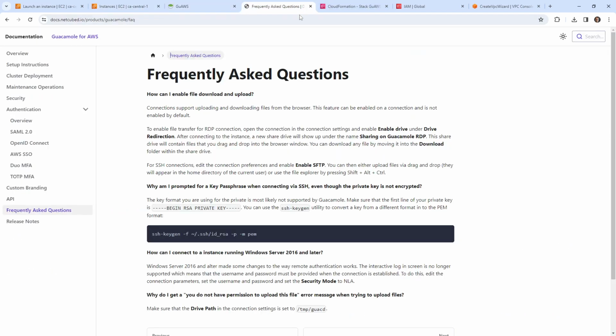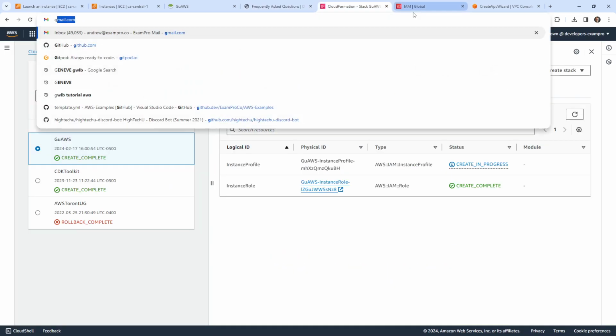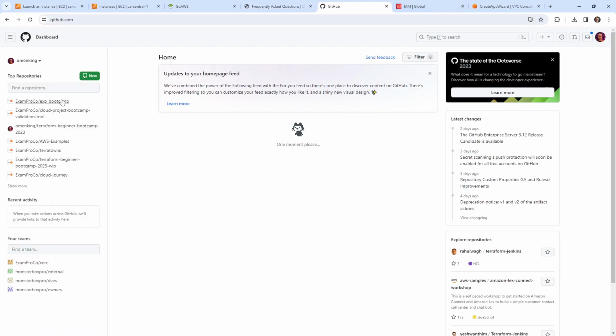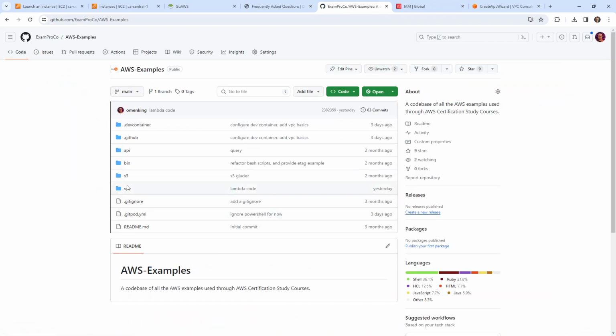What I'm going to do is go over to our GitHub page. I'm just going to launch up an EC2 instance, the other one. I just want to see if Guacamole can at least see it. But I would still think, wouldn't it need a key pair? How else would it work with it? What I'm going to do is go over to